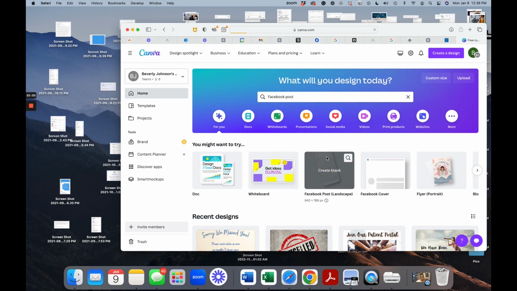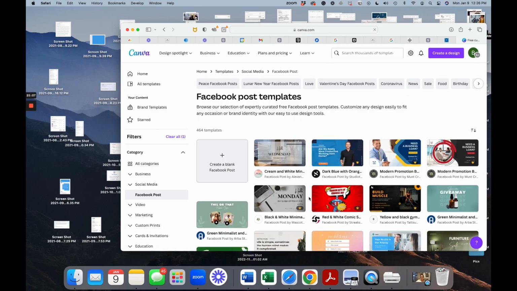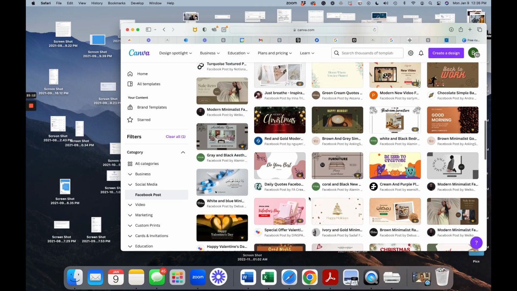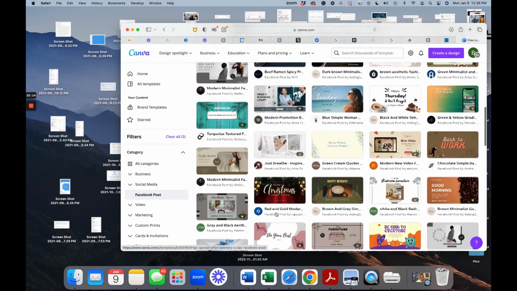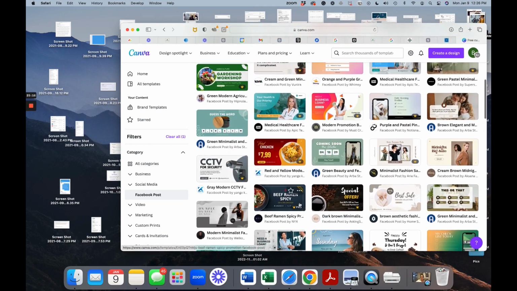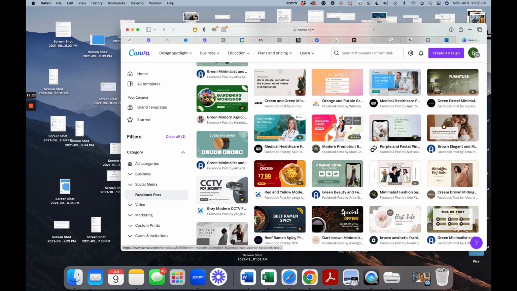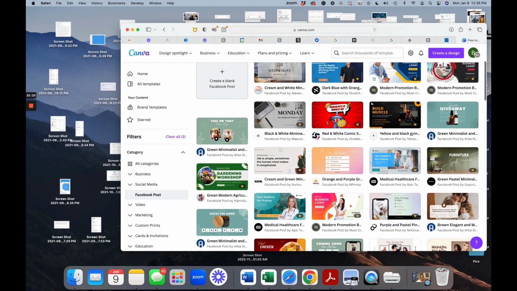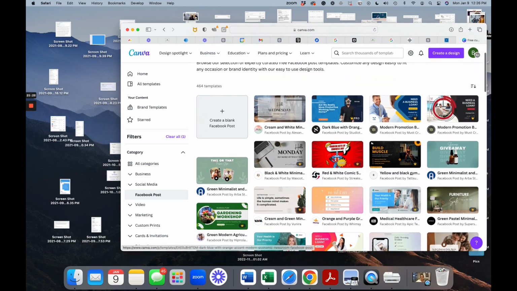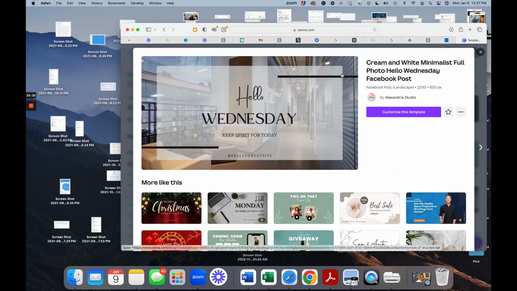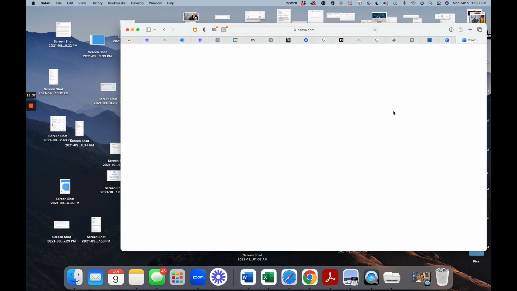So when you click on it, it's going to take you to all their templates. Now, there's a bunch of them, guys. So you can see all these different templates. If you just want to steal somebody else's work, you could do that and make it yours, because you can edit their stuff. So let's just say, let me find one. Just trying to find one that might be appropriate. Let's just do this one, for example. So this is really cool, right? You didn't have to do any of this shading or anything like that. You just click customize this template